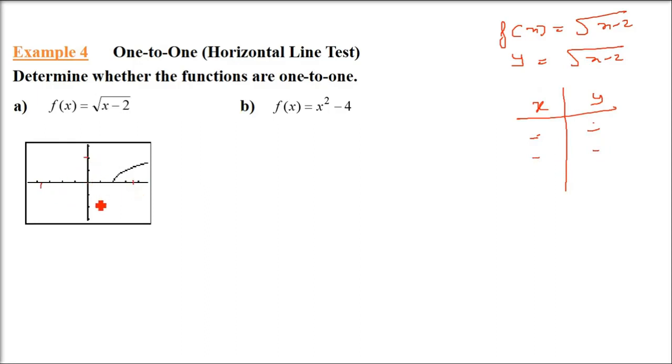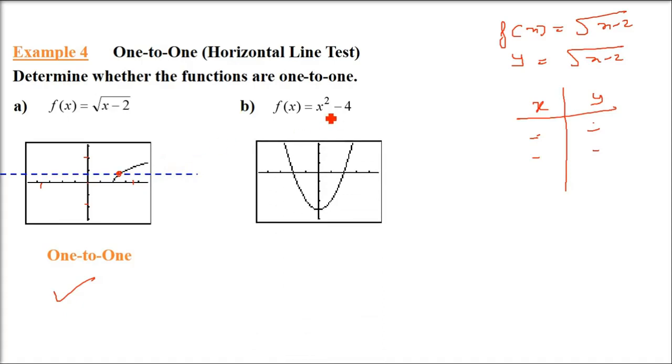Now you see here. This is our graph of f(x) equals under root x minus 2. When we have this graph, we will apply the horizontal line test. When we apply the horizontal line test, it has to give us only one intersection, otherwise it will be many to one. We need to have one-to-one. So if you see the horizontal line test, it will only intersect at one point, and this tells you that it is going to be one-to-one. So this is a horizontal line, and if you see here, there is one point only it is intersecting. This is one-to-one. Now we can talk about the inverse for this function.